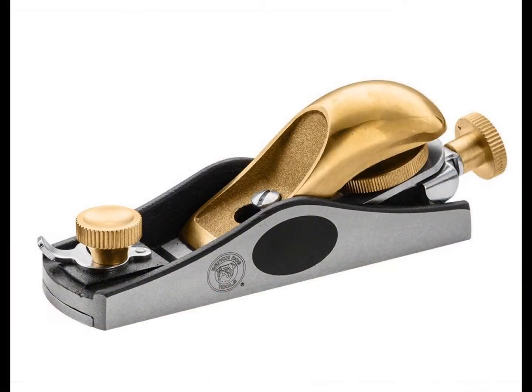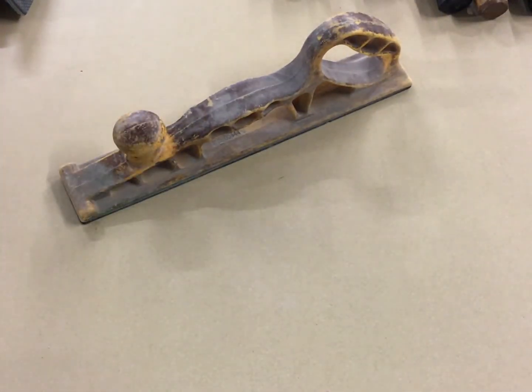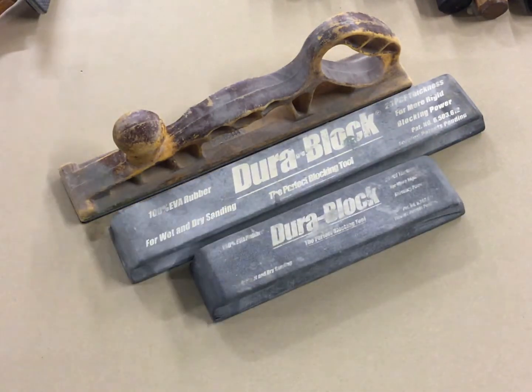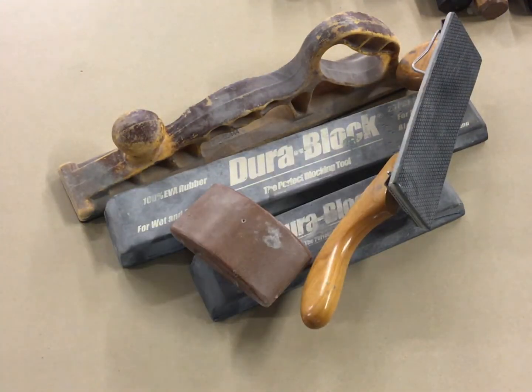This is a block plane that's used to plane wood. We don't plane wood in class, but we have to do something very similar with these large blocks. Sanding blocks. We have a whole assortment. We do an awful lot of sanding and shaping in our business, and those are some of the tools that